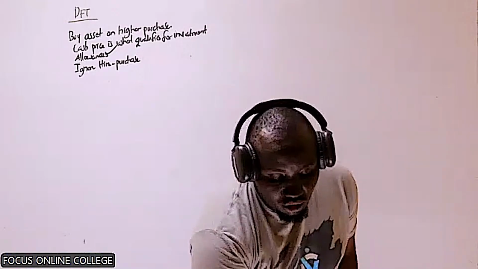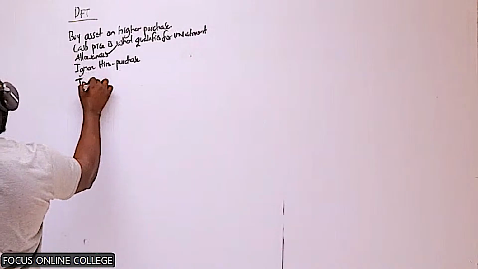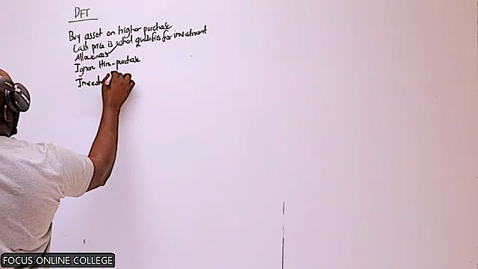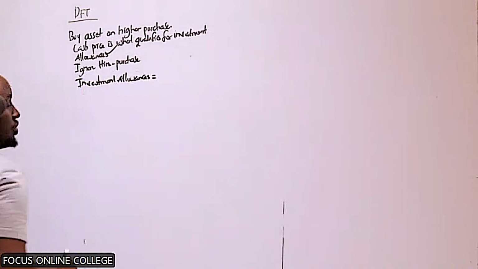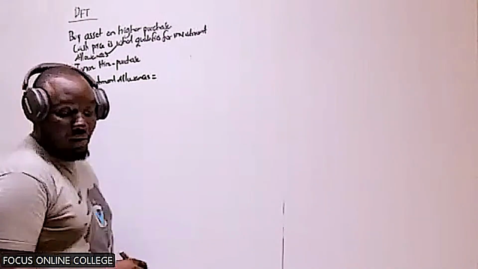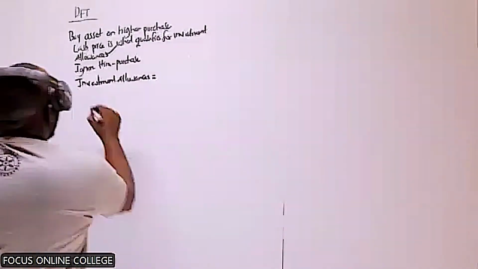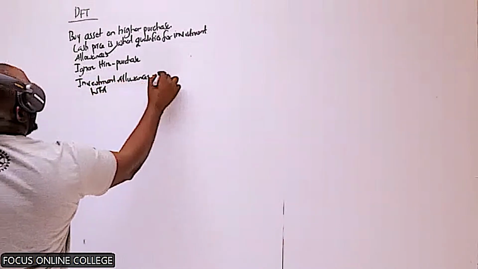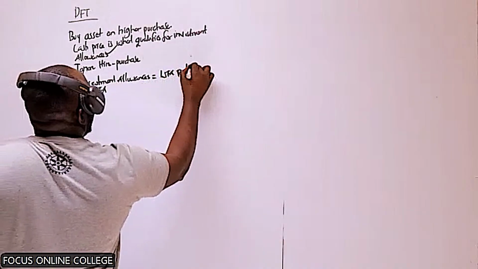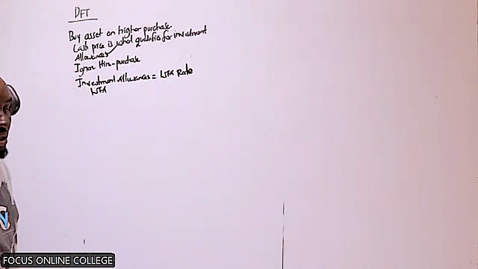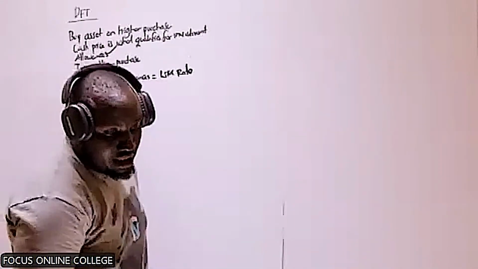So then how do you get investment allowance? We say that investment allowance is equal to investment allowance or wear and tear. In case of wear and tear, we say the wear and tear rate,